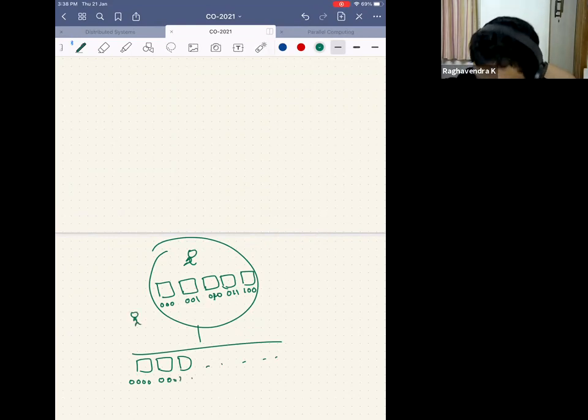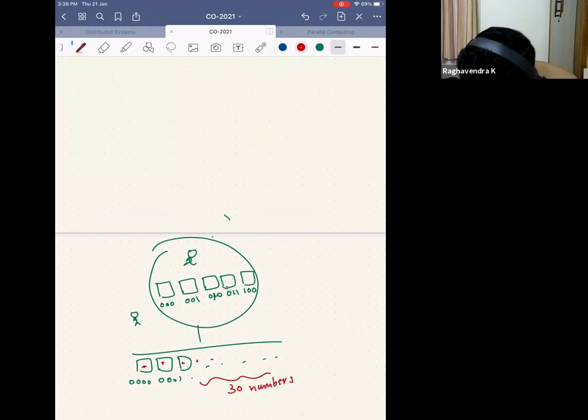Okay. So I am writing a program for this, and my goal is to add whatever numbers are here, 30 numbers, and keep the sum of these 30 numbers, this number plus this number plus this number plus this number plus this number, finally somewhere here, in one of the boxes.